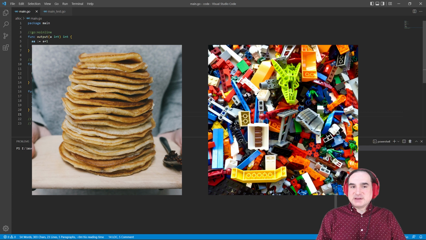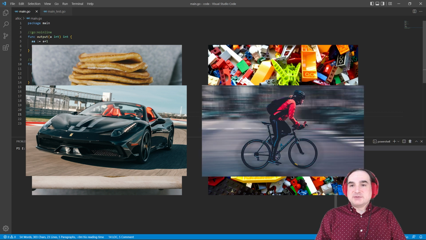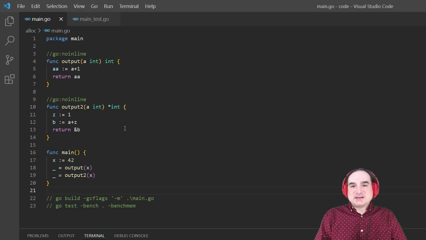And the rule of thumb is, stack memory is faster, but it's limited. Heap memory is slower because it involves the garbage collector, but it's more flexible. Most simple programs aren't demanding enough for us to worry about whether a variable will live on the stack or the heap. But if you're writing a server, or some program that runs operations in a tight loop, those things may need special attention for how they work with memory. If we have thousands of allocations taking place in a loop, that's going to slow things down.